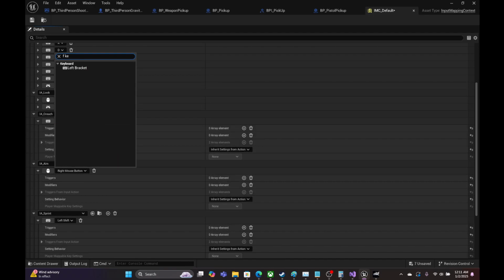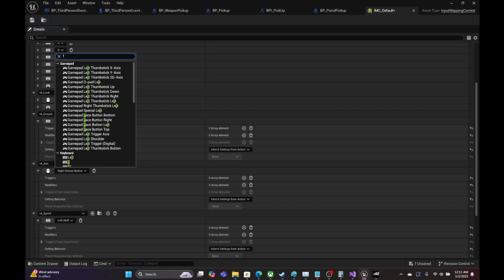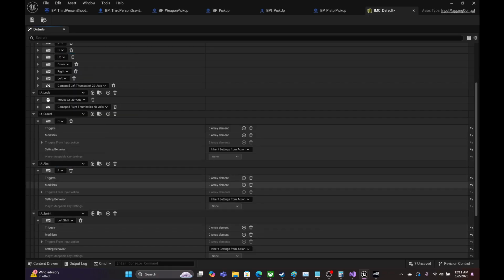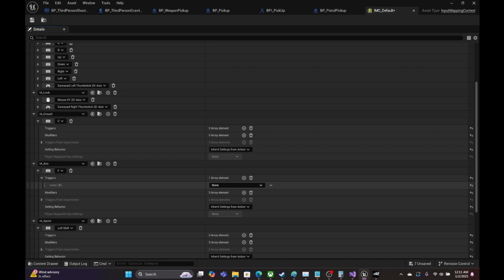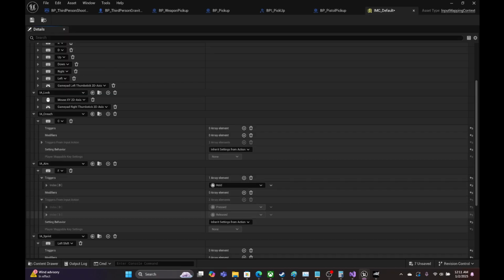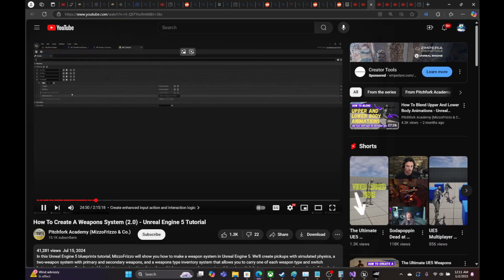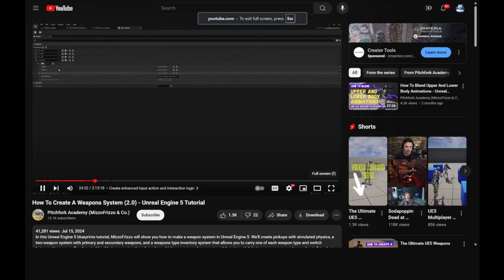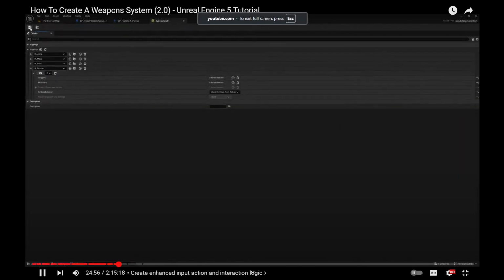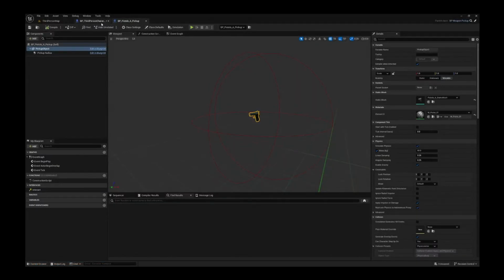I'm going to add another mapping. I'm going to select IA interact for that mapping, and then I'm going to drop this down and click this little keyboard icon, and press E on the keyboard to set this as E, like so. Now you could add another action mapping to this input mapping and make one, for example, for a controller, but I'm just going to set this to E. So I can save this and close this now. And if I go back to my characters,